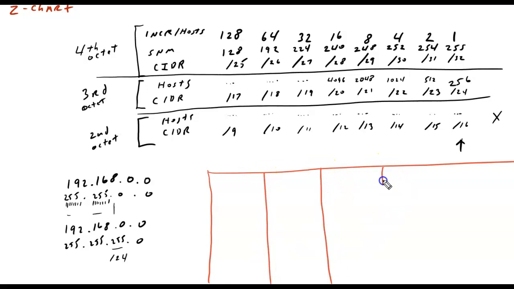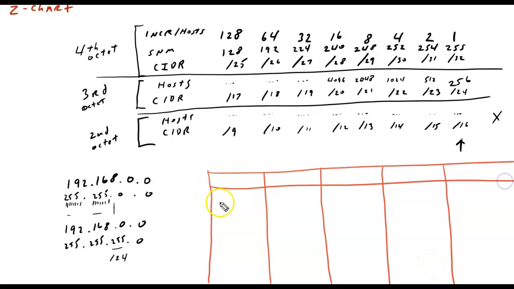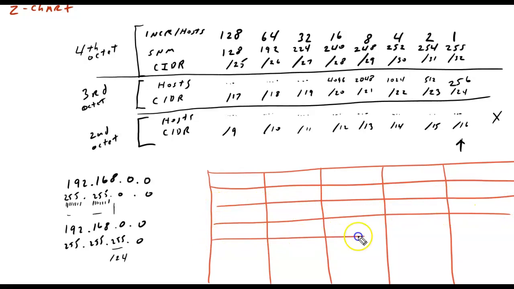And I'm going to do it like this. I'm going to make a table. In this first line here, and I'll go ahead and make some lines across it just to make it easier. This first one will be each network address. The second one will be the first usable host. Over here will be the last usable host. Over here will be the broadcast address. And over here will be the subnet mask. All right, let's